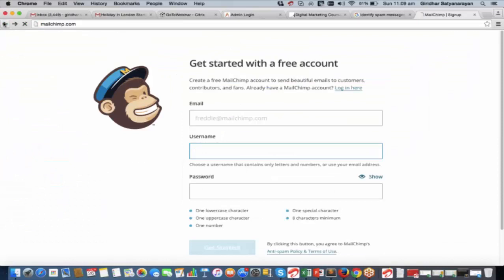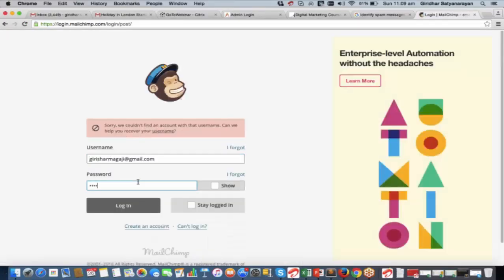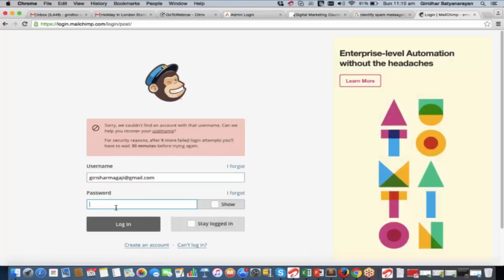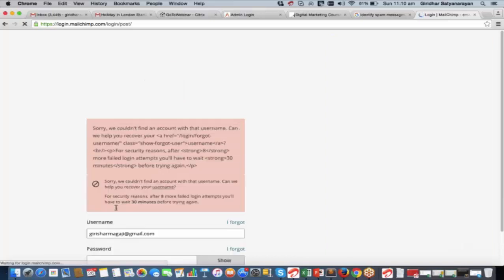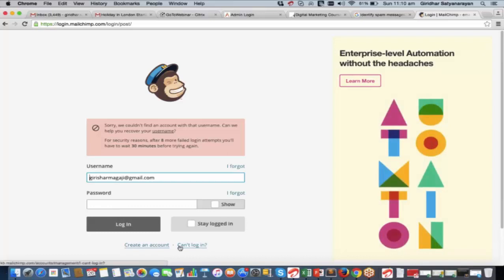So let me quickly log into my account. Okay, that was the wrong password. That is again a wrong password. Nope. Okay, I've forgotten my password. So let me just say I forgot.